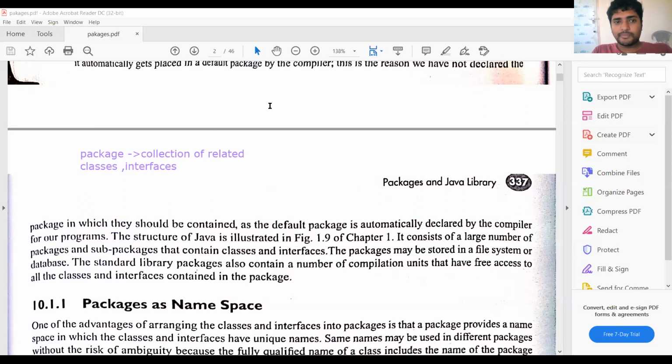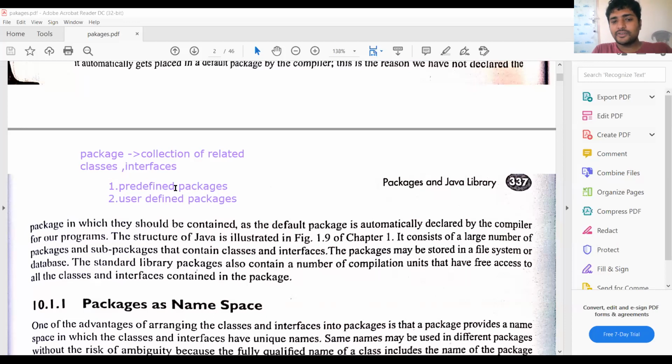There are two types of packages: predefined packages and user-defined packages.